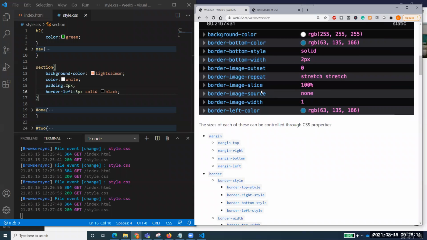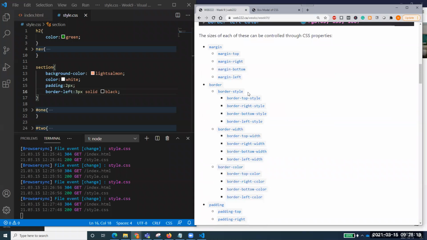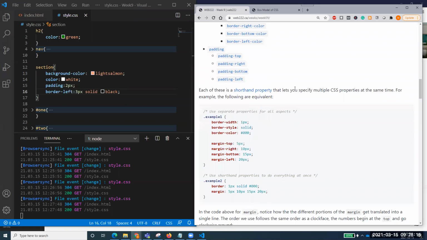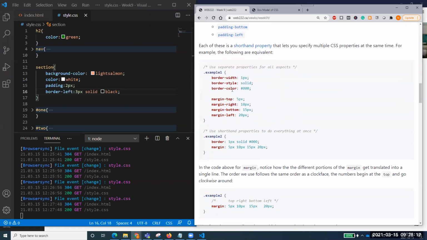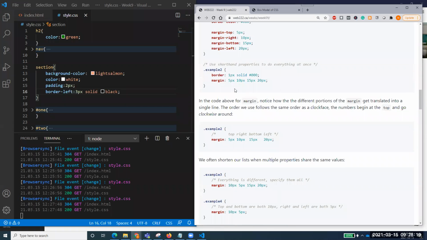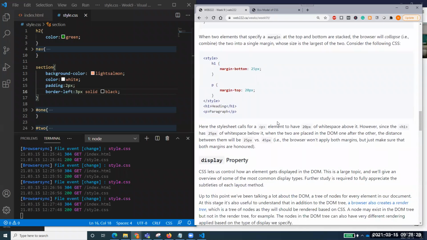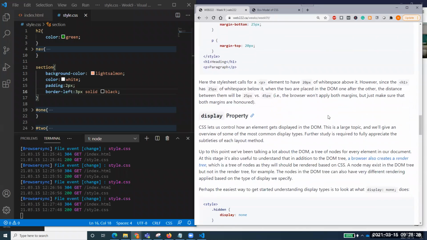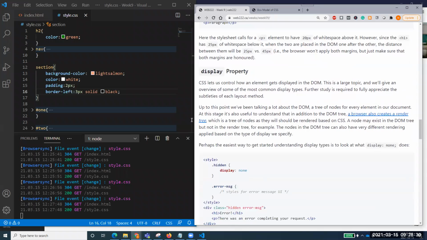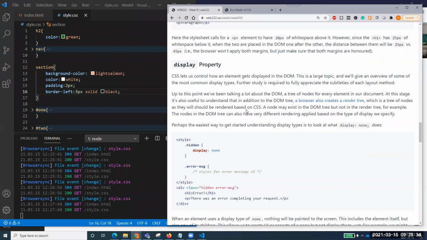So there are lots of things: image repeat and stretch repeat. These are all the options that you can play with. Here we have given the example, dot example 1, dot example 2. You can always just read this out, and I would highly encourage you to read these notes, because they will give you lots of confidence. The things that you were looking for were all present in your notes, and you were not looking at the notes by that time, right?